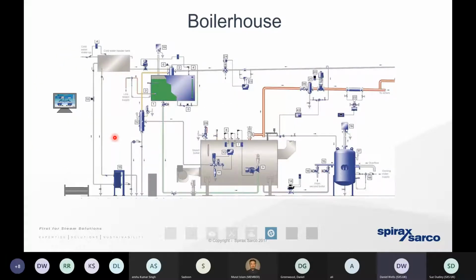So I want to look at a number of key components that we use in the boiler house itself. In the middle of the screen, you can see a steam boiler. Well, Spirax Sarco don't manufacture steam boilers, but we do manufacture all of the components that you can see highlighted in blue. And they're basically the ancillaries and the controls that are responsible for ensuring that steam is generated efficiently